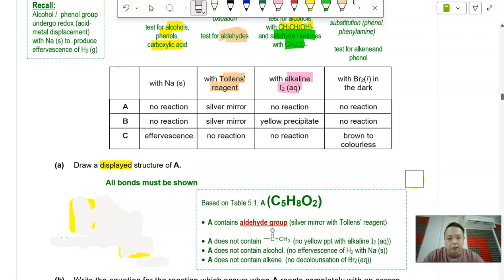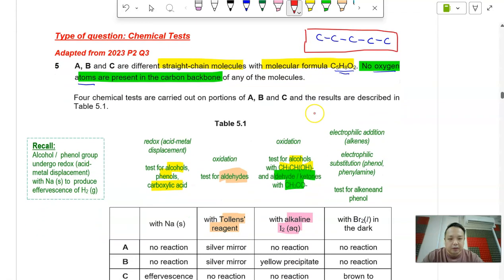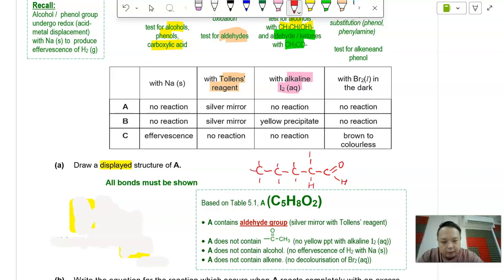group. Okay, so based on this, the question wants us to think of the structure of A, and given that we earlier said that A, B, and C all have a straight chain, the only possible structure for aldehyde for A will be this. So you have 1, 2, 3, 4, 5 carbons, you have an aldehyde, and then we just have to add in all the H's. 1, 2, 3, 4, 5, 6, 7, 8. So if you take a look at this,